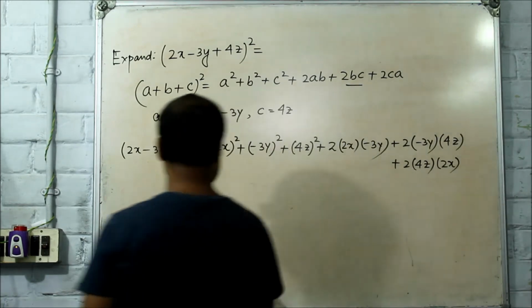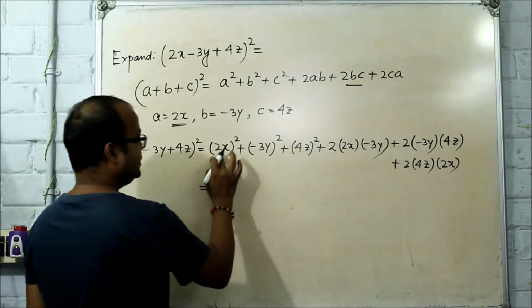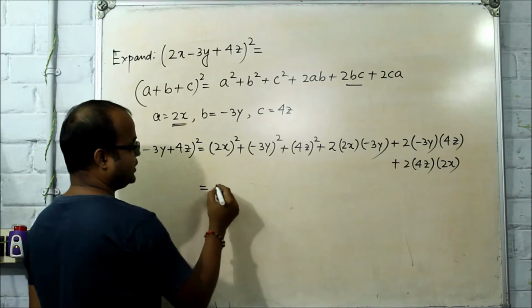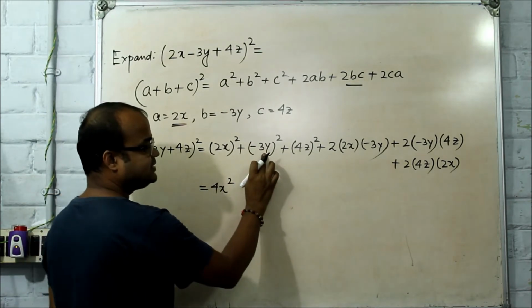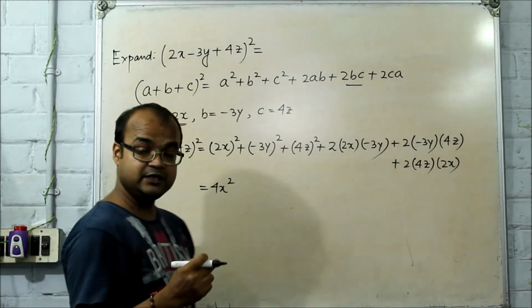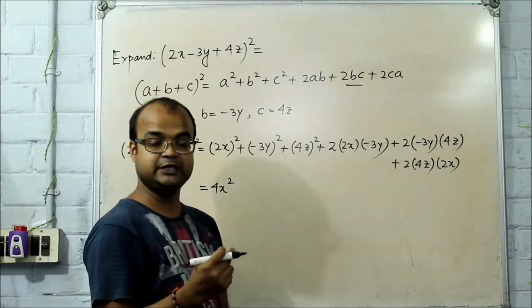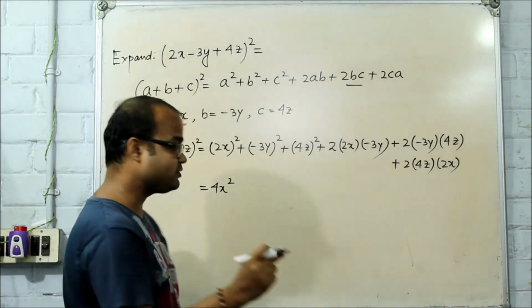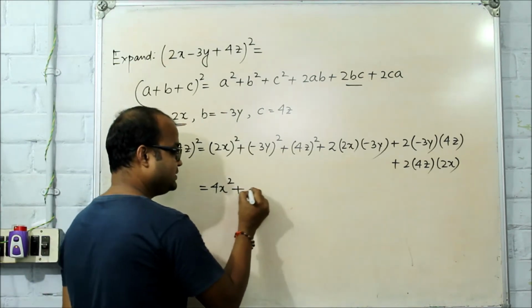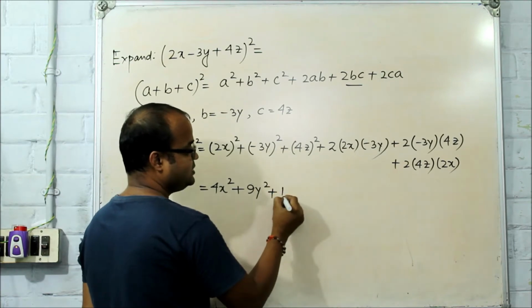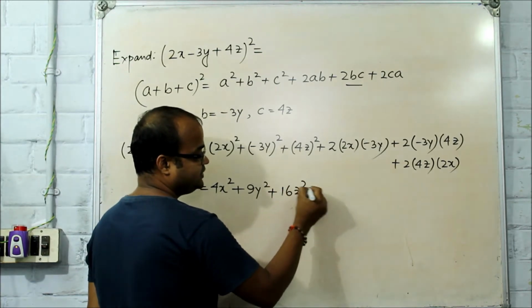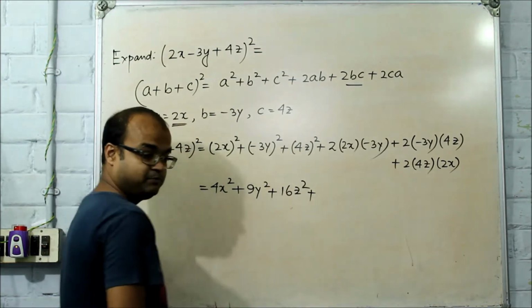Now we simplify. (2x) square is equal to 4x square, minus 3y square: minus 3y into minus 3y is equal to 9y square. So we write plus 9y square, plus (4z) square means this is equal to 16z square, plus